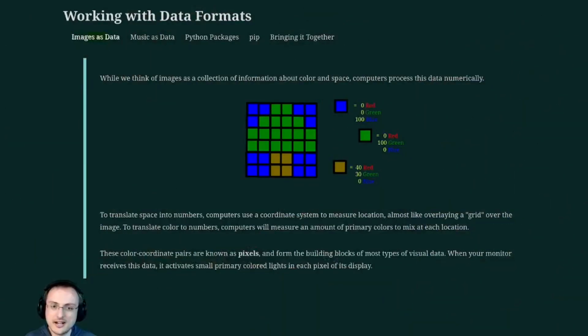So to start us off, I want to think about images. When we think of an image, we usually think of some shapes, colors, space, an actual thing that we can see and think about. But computers, remember, have to store every single thing that they store and can show you as just numbers. So the way that this works is we have our image and we actually have to encode